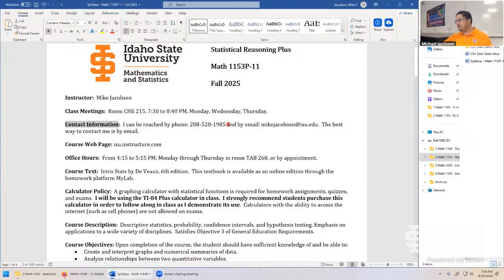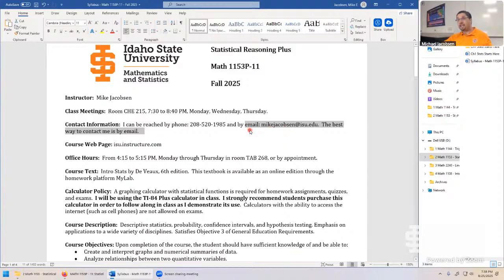It takes me a while to get to this and it's usually silenced. But the other way to get a hold of me is through my ISU email address here. I'm pretty responsive on this email unless I'm in class. On Mondays, I have a class that starts at 6 o'clock. So there's probably a period where you might have sent out an email, but I just can't have the chance to get back to it.